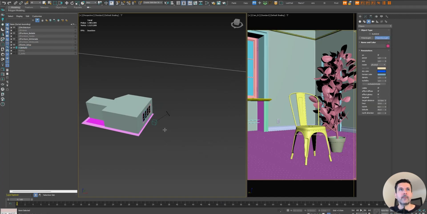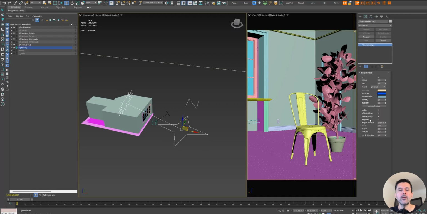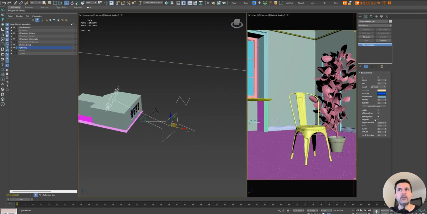So I draw my sunlight, and the first thing you want to notice is that you cannot freely move your sunlight around, and that's because the sunlight is not targeted. In order to have the freedom to move the sun around, you just have to turn on a target, and you can position your sun the way you want. But before I describe that, I wanted to talk quickly about this hour, month, latitude, and